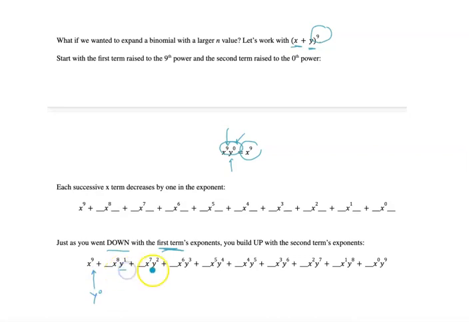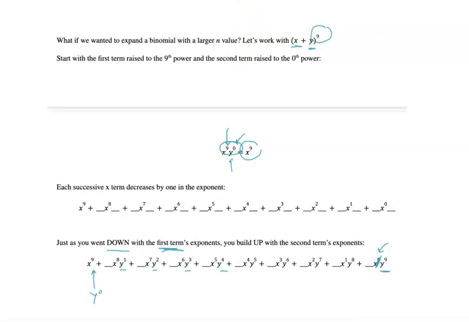Now we have y to the 1st, to the 2nd, cubed, to the 4th, all the way over here to y to the 9th. And remember, when you have x to the 0, that goes away to 1, and your full term at the end will be y to the 9th. So you have these patterns that you can use to expand a binomial using binomial expansion, again, without having to